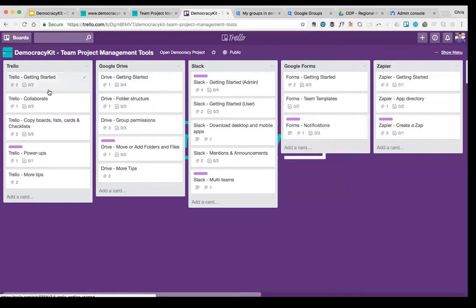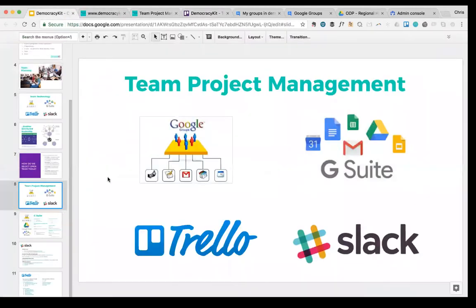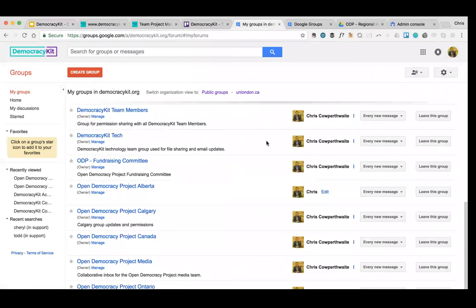And so let's go through now each of the systems. The first, we're going to start, first of all, with Google Groups. We're going to then go into G Suite. We'll talk about Trello and Slack after that. Okay, so groups in Google,